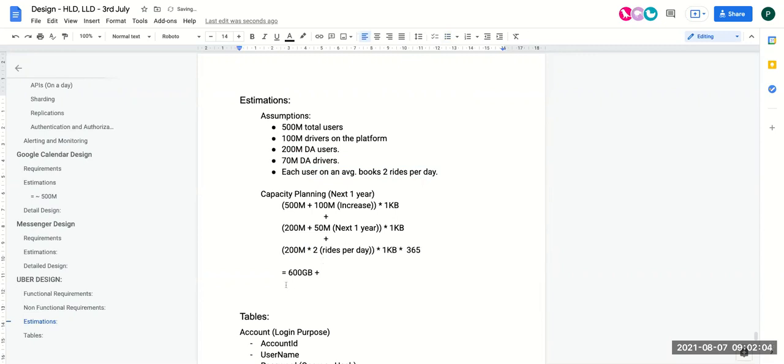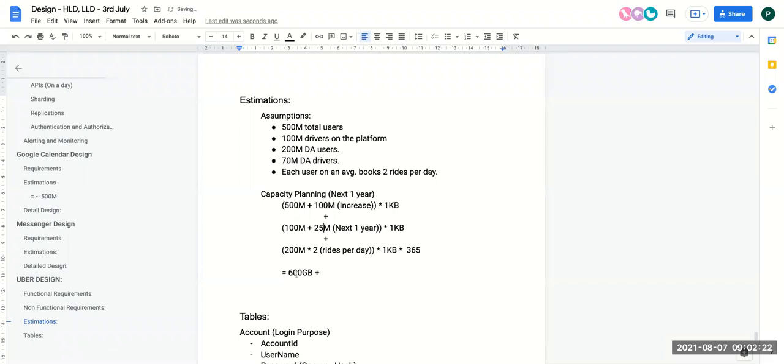The total number of rides will be 200 million into 400 million rides per day, right? That's right. I was referring to the second line item there, wherein you got 200 million plus 50 million. Yeah, that one. Oh, that should be 100 million. My bad. Okay. So we can say 25%. So we can say 25 million.